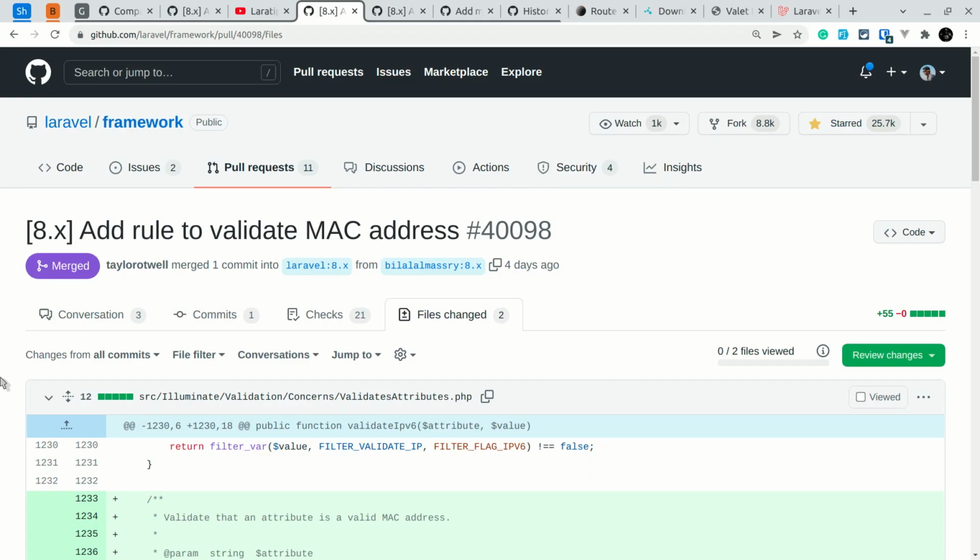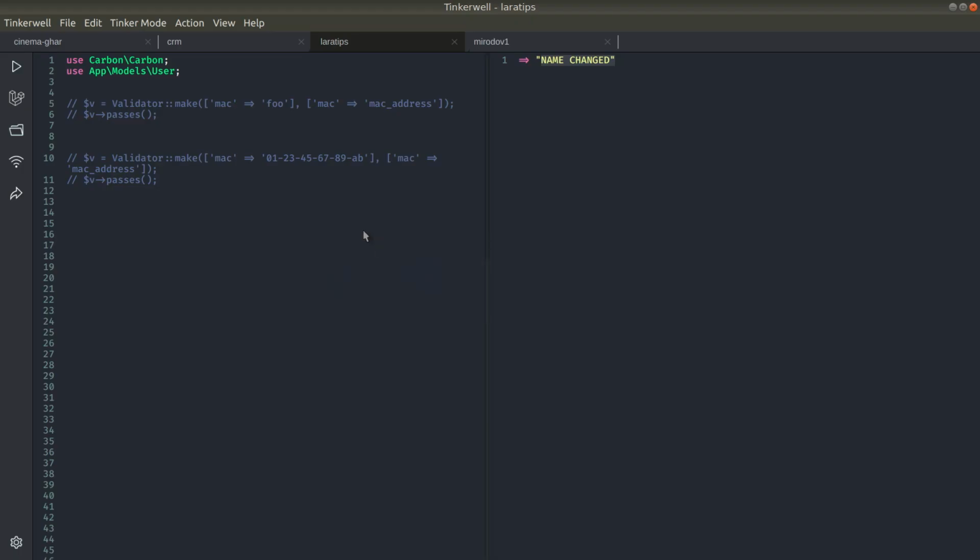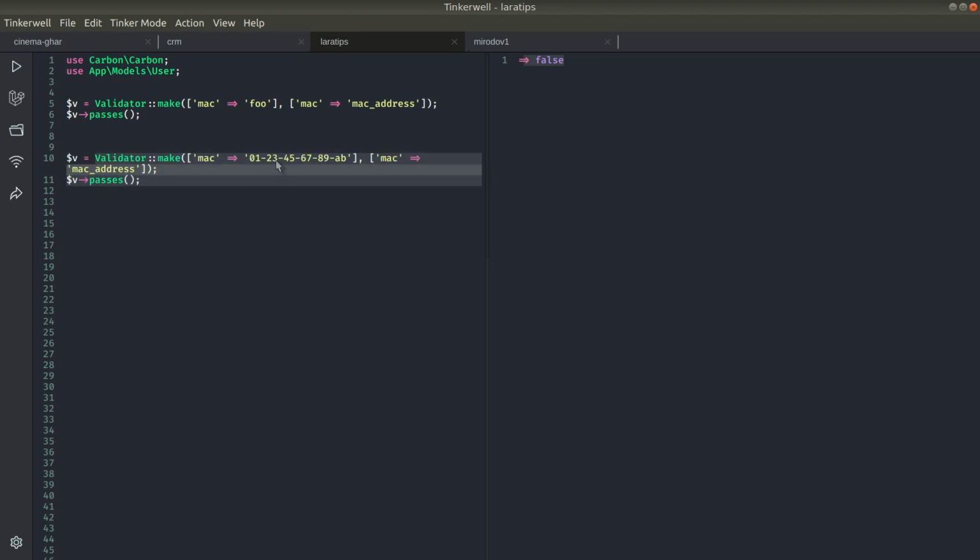And the next thing that has been added is this MAC address validation rule. So let me show you here. So there is this new MAC address validation rule. Suppose let's say we have this data in the MAC address and we are validating the MAC address, then this passes will be false because it is not a valid MAC address. But let's say in a request we have a valid MAC address. Let me comment this out, and here if I just run, then it will return true because this is a